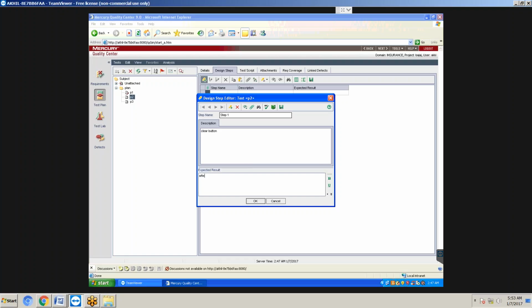Yes. Okay, sir. After clicking on the clear button, all the fields must be cleared and the cursor should be placed in the username field.